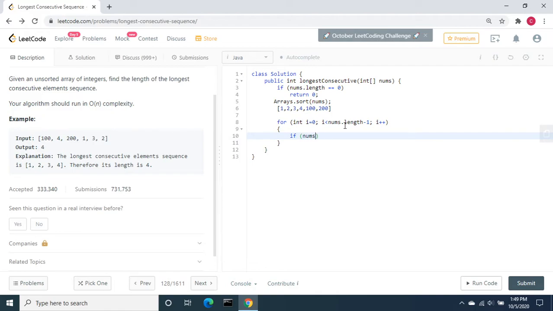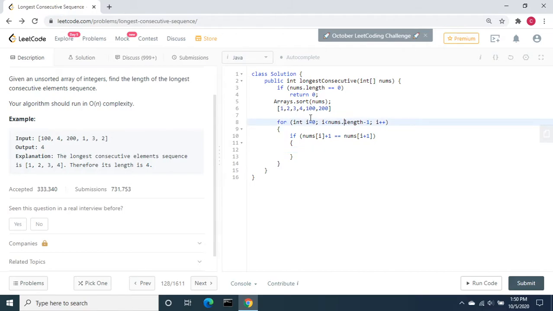Here nums of the current element plus 1 equal to nums of i plus 1, the next element. If both are matching, then they are consecutive elements.